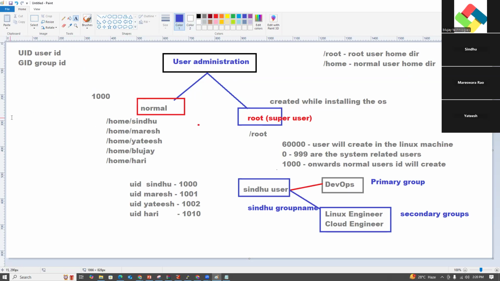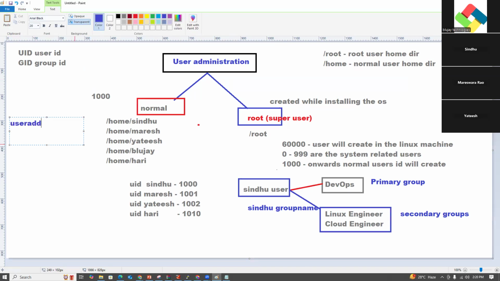Which command, guys? useradd is nothing but creating a user. userdel is nothing but deleting a user. usermod is nothing but modifying a user account.